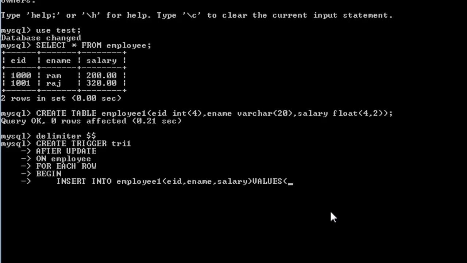Now as we have already seen in our slides, we have a new modifier and an old modifier. If it's an insert trigger, I have to use only the new keyword. If it is a delete trigger, I have to use only the old keyword. If it is update, either I can use new or old, that is my choice. So now I'm going to use the old keyword so that we can easily understand